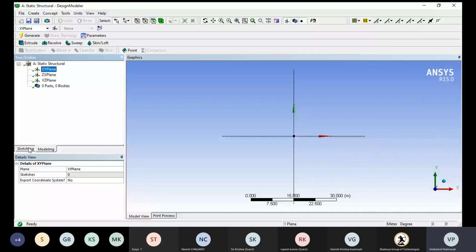I would like to sketch. I'm going for sketching, right click.